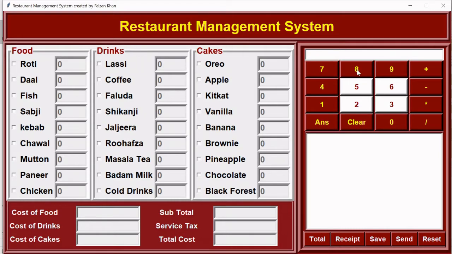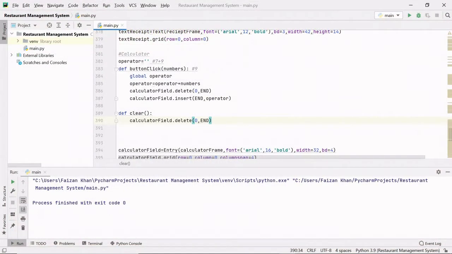If I write 8, you can see the earlier value which was stored in that operator variable, and 8 is also concatenated with that value, right? So what I want, inside that clear function, is to make this operator variable back to null, right?